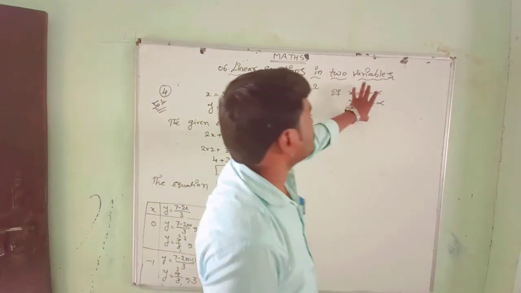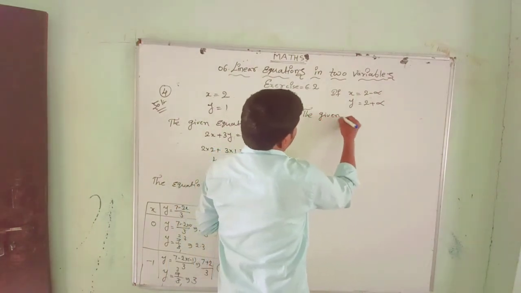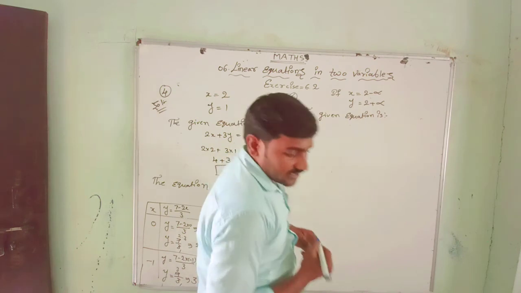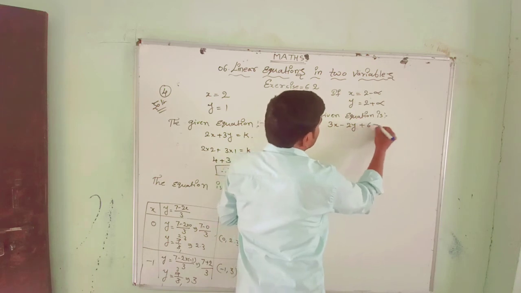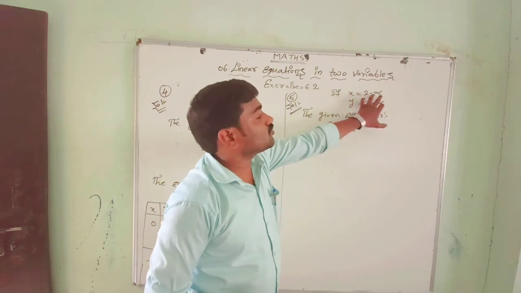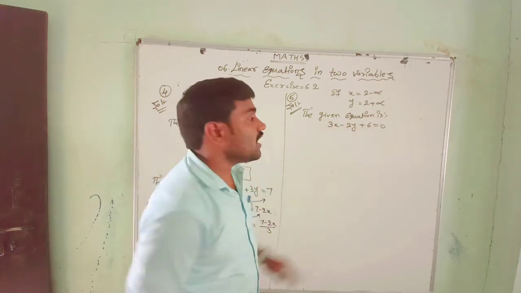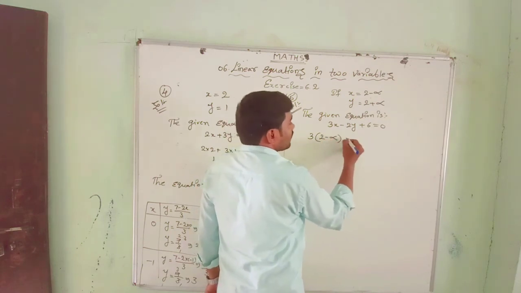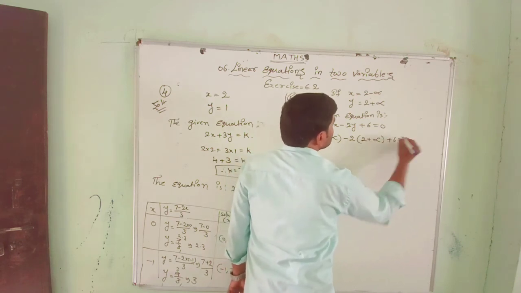Okay, this is a solution of the given equation or not? The given equation is 3x minus 2y plus 6 equal to 0. We have to get LHS equal to RHS when you substitute this. If you substitute x equal to 2 minus alpha and y equal to 2 plus alpha in this given equation, you have to get LHS equal to RHS. Let us see. 3 into x value, 2 minus alpha, minus 2 into y value, 2 plus alpha, plus 6 equal to 0.